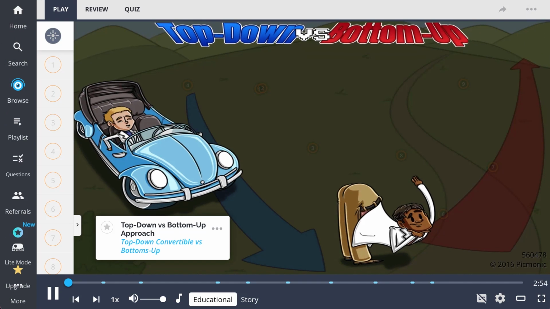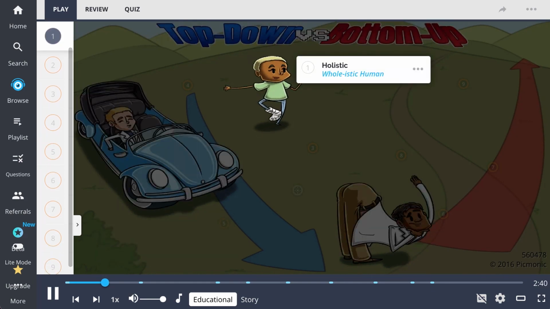In this Picmonic, we explain the differences between the top-down versus bottom-up approaches, as seen by the therapist in the top-down convertible versus a fellow therapist with his bottom-up, as they try to help their clients with different approaches. The client is shown as holistic, as shown by the whole-istic human, and composed of many different interrelated parts. This allows the therapist to gain an understanding of these intersecting parts and helps them understand not only the deficits,